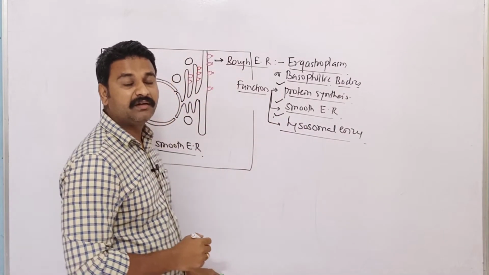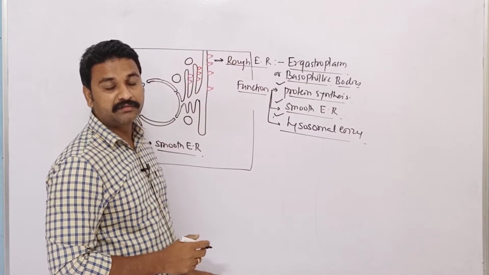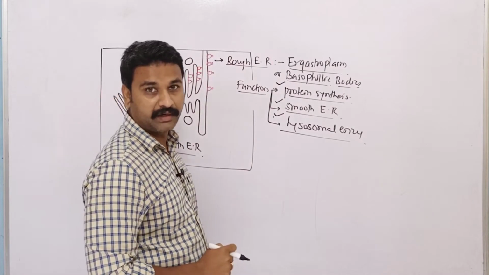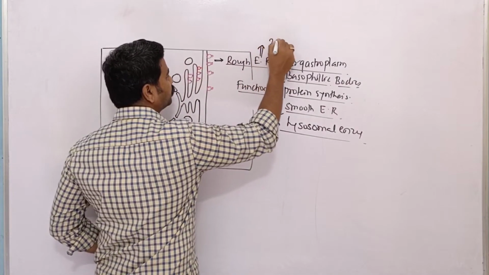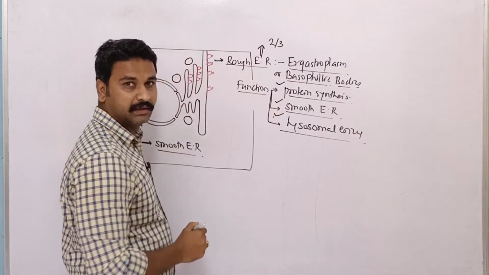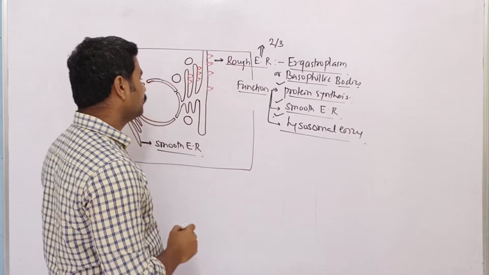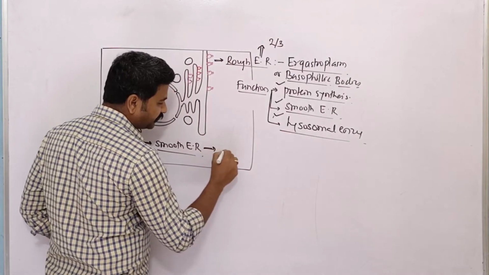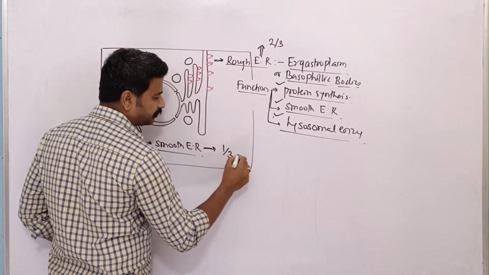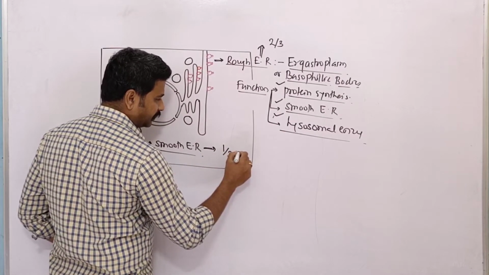Do remember that rough endoplasmic reticulum constitutes 2/3 of the endoplasmic reticulum. Now coming to the smooth endoplasmic reticulum, it only constitutes 1/3 of the reticulum,